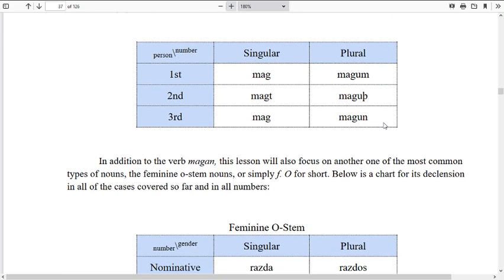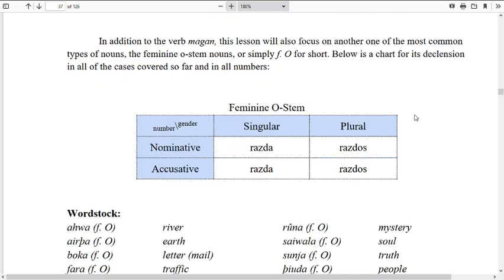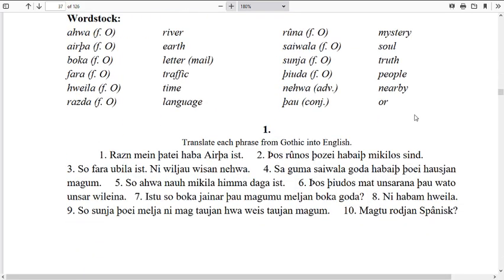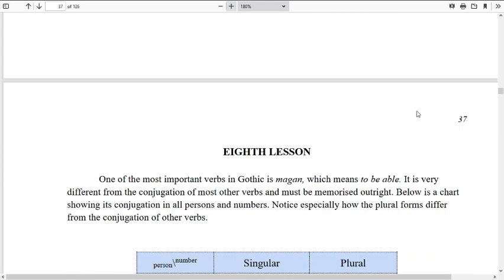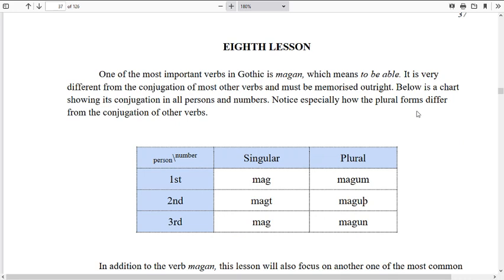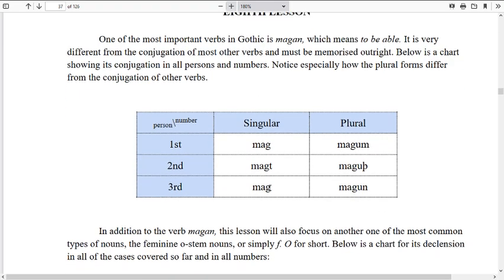And I just want to triple check with people that we haven't done this in the last lesson. I don't think we did, but I want to check. I'm fairly sure we didn't do this. But yeah, I really should have checked that before starting. Mea maxima culpa. So, your singular forms: first person is mar, second is margd, third is mar, then magum, marguth,